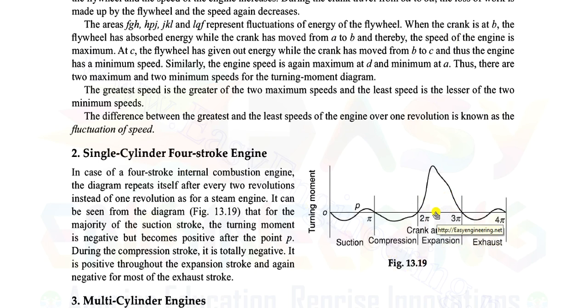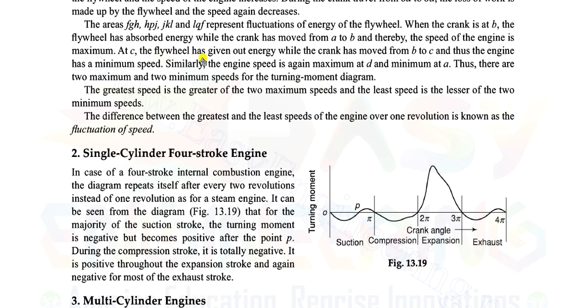So like your bike or car, it would move forward only for 1 second and the remaining 3 seconds it would be coming backward. It's not happening like that, and you are not even feeling a jerk, meaning there is uniformity in power. So how are we maintaining this? We are maintaining it with the help of the flywheel.